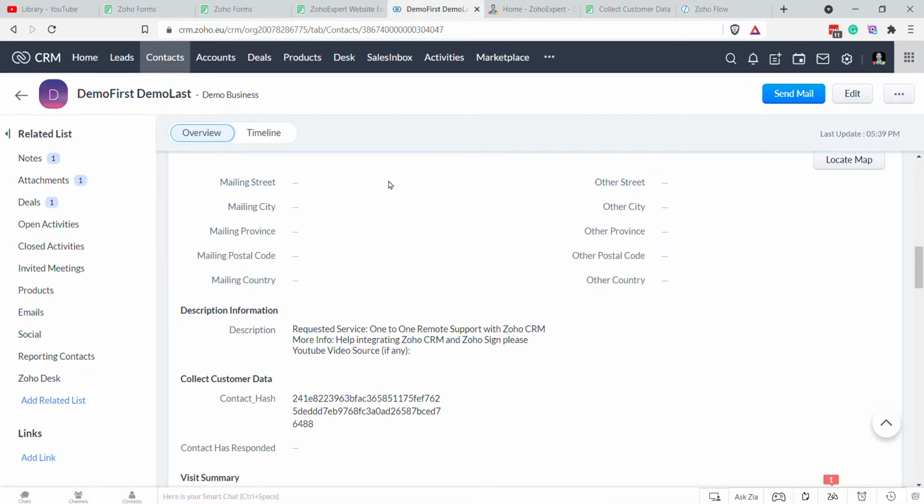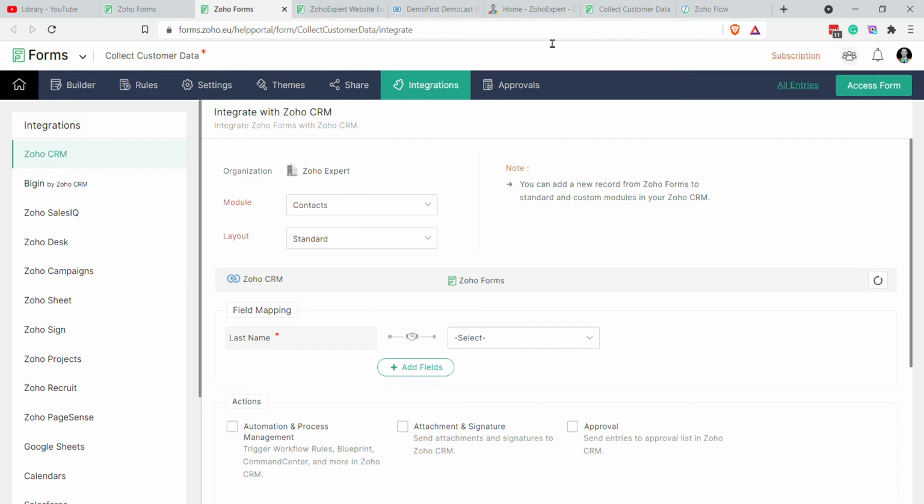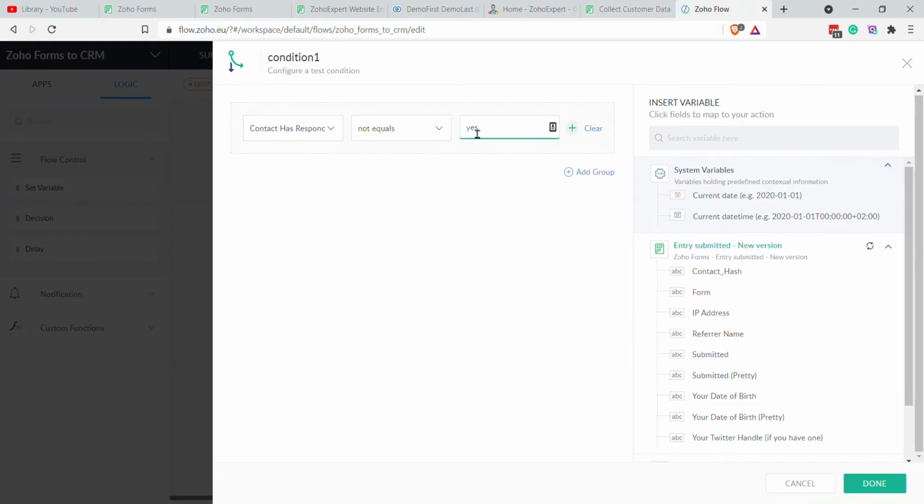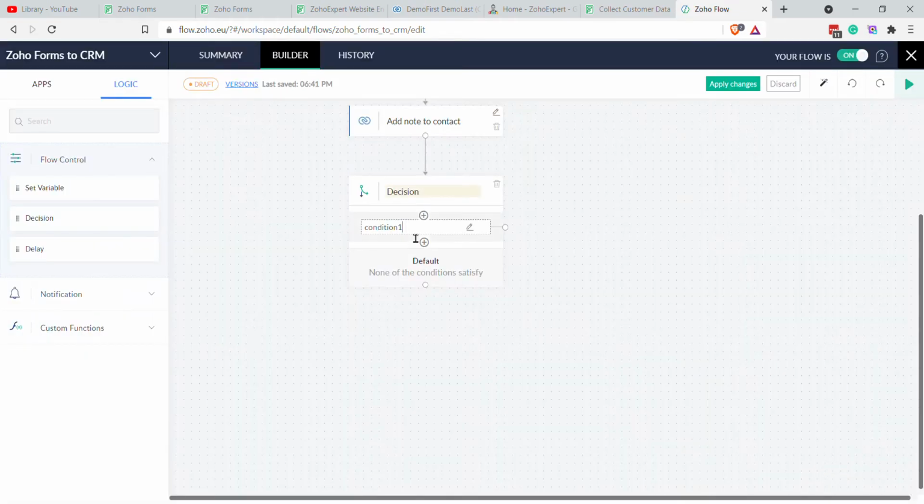Let's just check the capitalization on that. We have a capital Y. Okay, so not equal to yes. So this will be new entry. So everything that we pop on this side here means that there's a new entry on the form and the person hasn't already responded. So we want to take their response and we want to update their contact. Everything below here means they've already